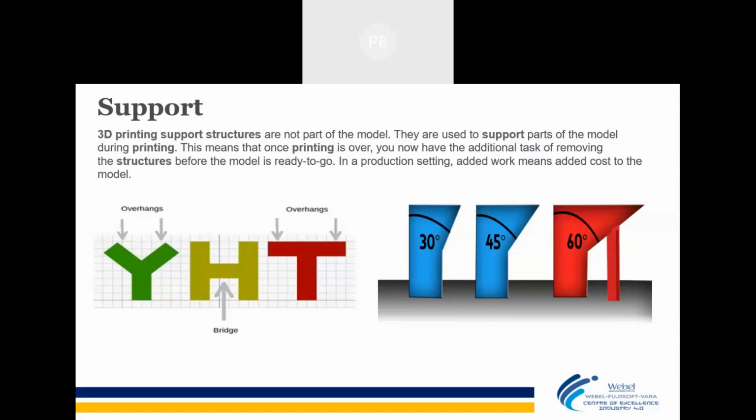So these are the two major terminologies used in 3D printing. One is infill density, another is support structure. I will mention another one which we will discuss verbally, and that is layer height. Anybody has any idea what you mean by layer height? What do you understand by this term layer height?